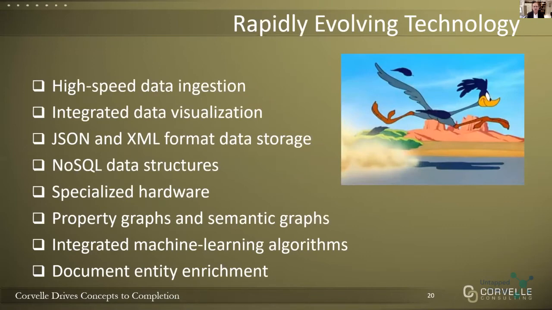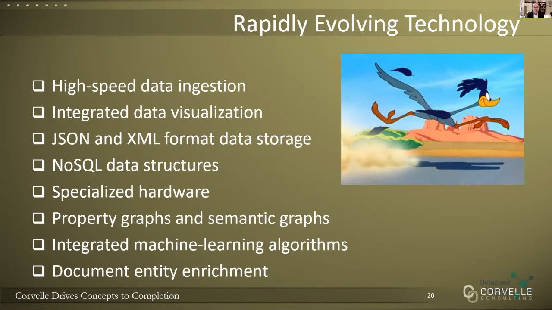Okay, so the first one, rapidly evolving technology. Every graph data vendor is introducing major enhancements regularly while trying to work at the speed of this roadrunner. This is a good news, bad news story of great functionality enhancements amid almost constant change. This high level of product development creates difficulty comparing products if you're trying to select something, because the landscape is changing so quickly. It also can sometimes create product stability issues because it's so difficult to thoroughly test